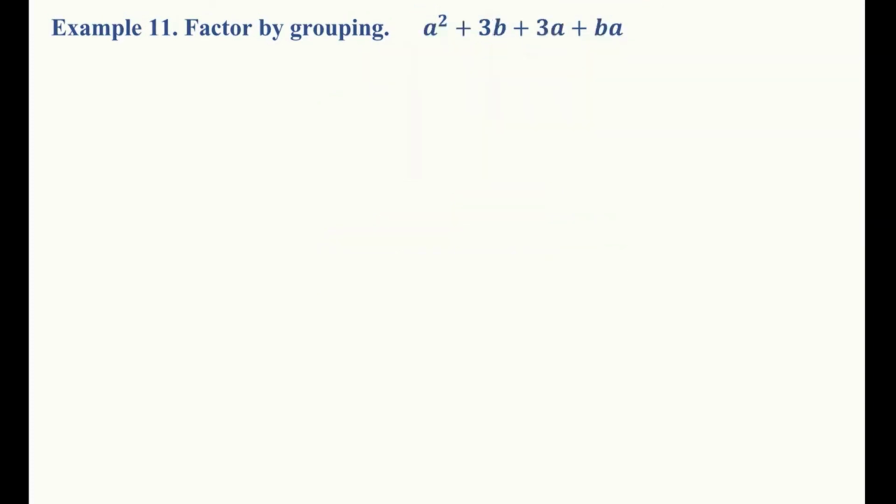All right, and here's the last one for the road. I just wanted to show you this one because sometimes the original arrangement of the terms may not work out, but that doesn't mean we should give up right away. If I just broke it down like we normally have been doing in the last few problems as this group and this group, well, what's the greatest common factor of this group? It's just 1, right? Doesn't do us a whole lot of good. And how about this one? Okay, yeah, you can take out an A, but that just leaves you 3 plus B. That doesn't do a whole lot of good either. So